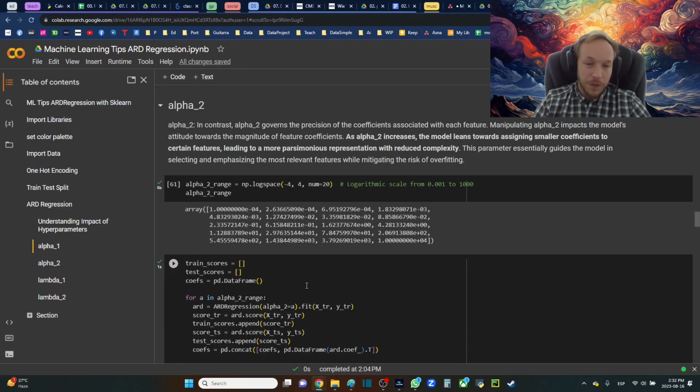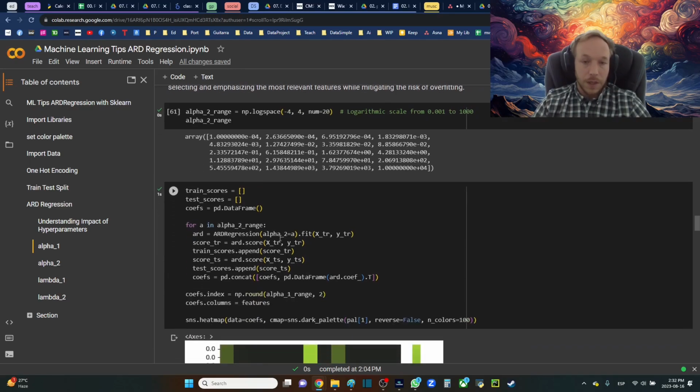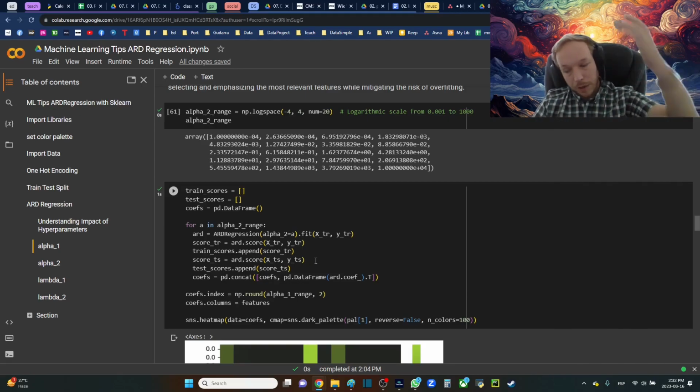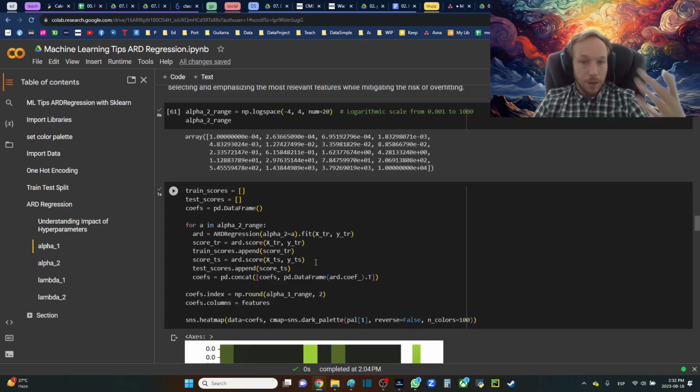I feel like it works in a very similar way. All of the mathematics are different; it's approaching it in a different way. It's going to encourage the same thing that ridge regression does, smaller coefficients, kind of more spread. Unlike the other one, which took a stance, alpha 1 accomplished a little bit more of what the L1 regularization, lasso regularization, is trying to do, but it approached it by